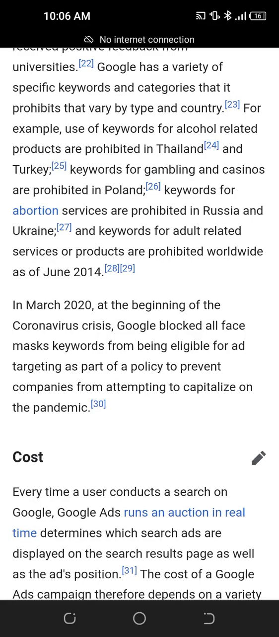Google has a variety of specific keywords and categories that vary by type and country. For example, use of keywords from alcohol-related products are prohibited in Thailand and Turkey. Keywords for gambling are prohibited in Poland. Keywords for certain services are prohibited in Russia and Ukraine, and keywords for adult-related services or products are prohibited worldwide as of June